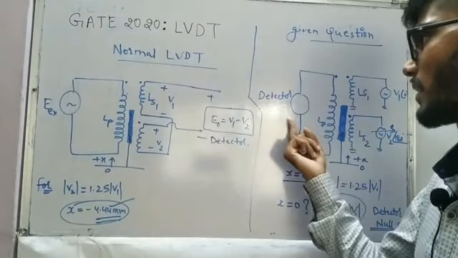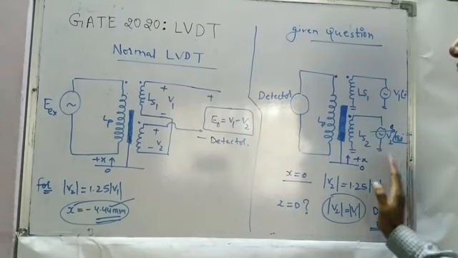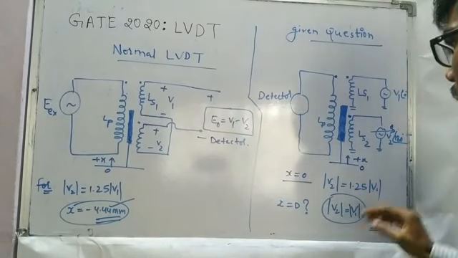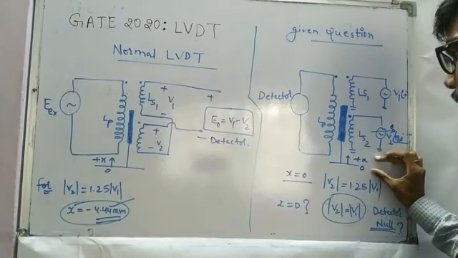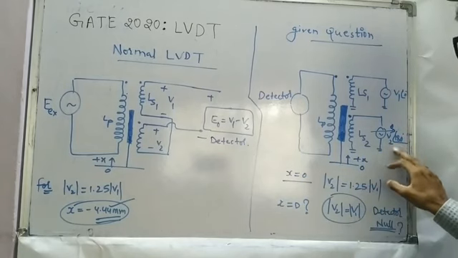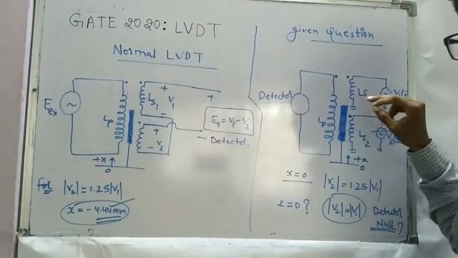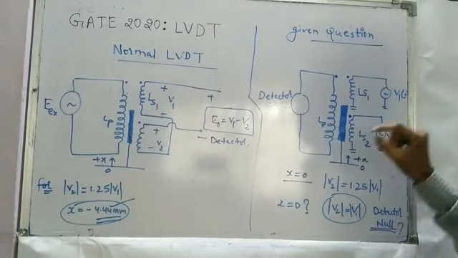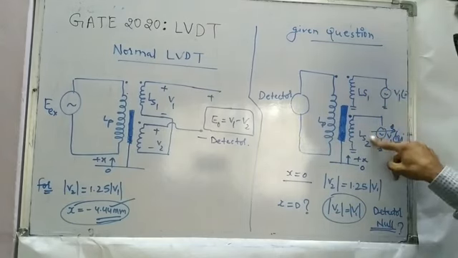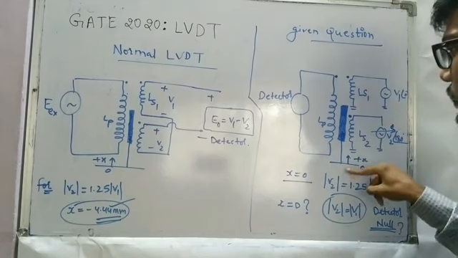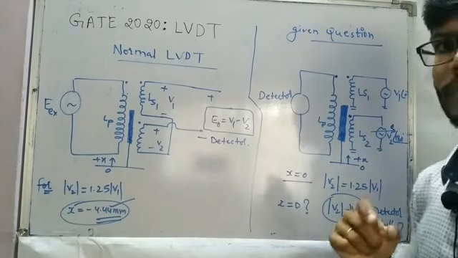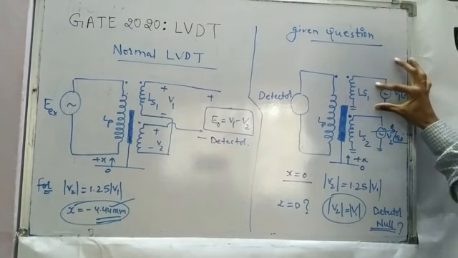So here is the detector. In this case we have to see the question in the reverse manner. In this position, if the displacement is 0, the magnitude of V2 is more, so here the voltage is more and here the voltage is less. But to make the detector output 0, we have to increase V1, whereas we have to decrease V2. So we have to displace the core in the upward direction only,